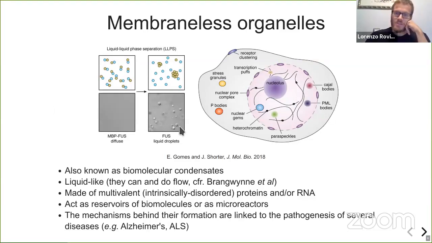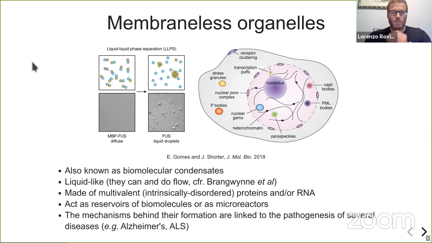That's it. And here you see a sort of scheme that shows some of these membraneless organelles. There are many of them. And in some cases, there is some fight over whether something is really a membraneless organelle, or some definition. But it's usually really a lot of new stuff to study. So they are liquid-like. That's the main point. Mostly liquid-like, let's say. So they can flow. They are viscous. They can join. They can form. And so on.